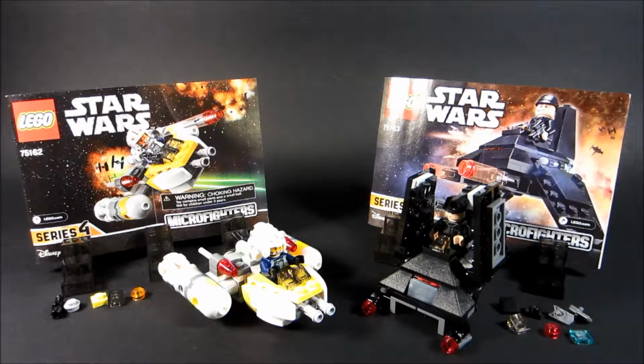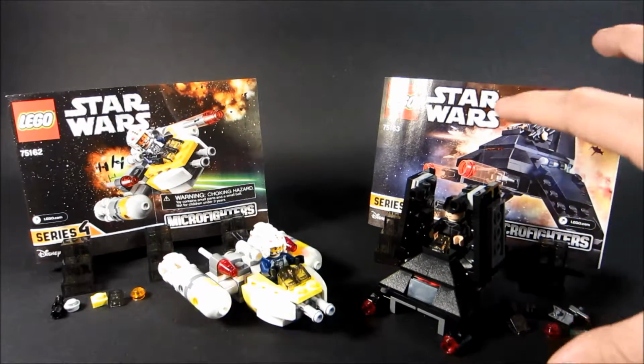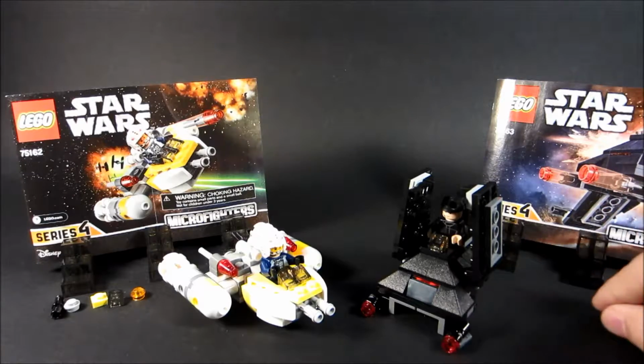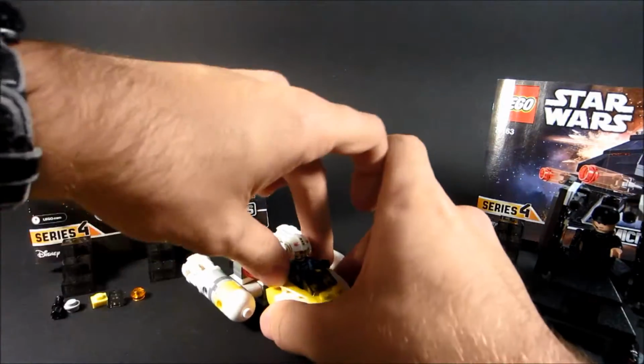So, anyway, let's get into the models. I do have skip buttons. If you just want to focus on Krennic's Shuttle, skip to it. No harm, no foul. But I'm just going to say right now, you'll be disappointed. So, we'll just kind of move this off to the side for the moment, and let's talk about this Y-Wing. Okay, so,